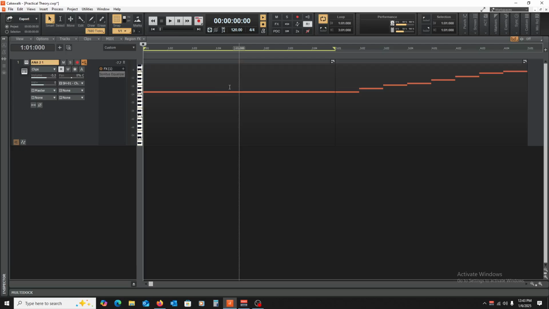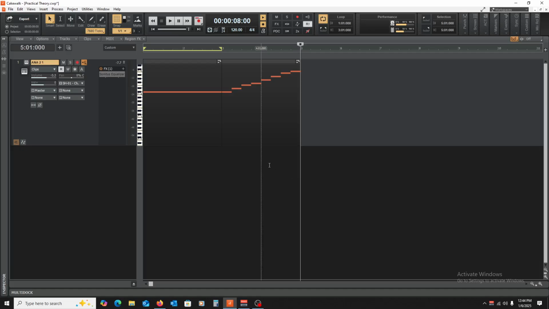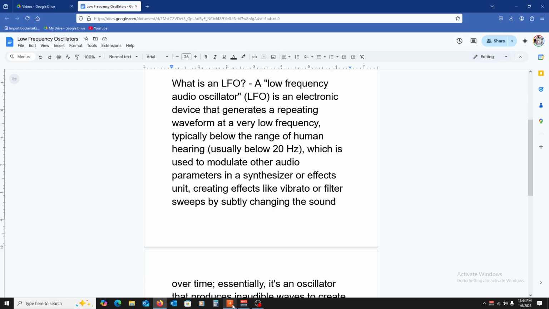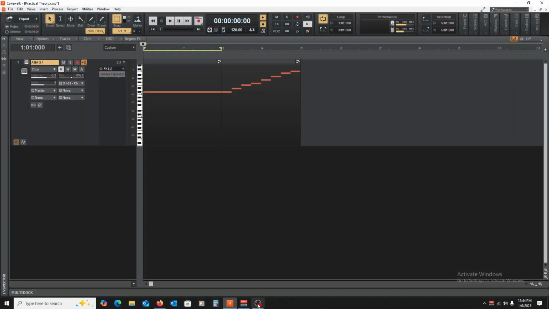So anyways, that is our deeper dive into LFOs. We have not covered everything there is to know about LFOs, but with this information, you should have the foundational building blocks to at least understand what an oscillator is, and the difference between just a regular oscillator and a low frequency oscillator.